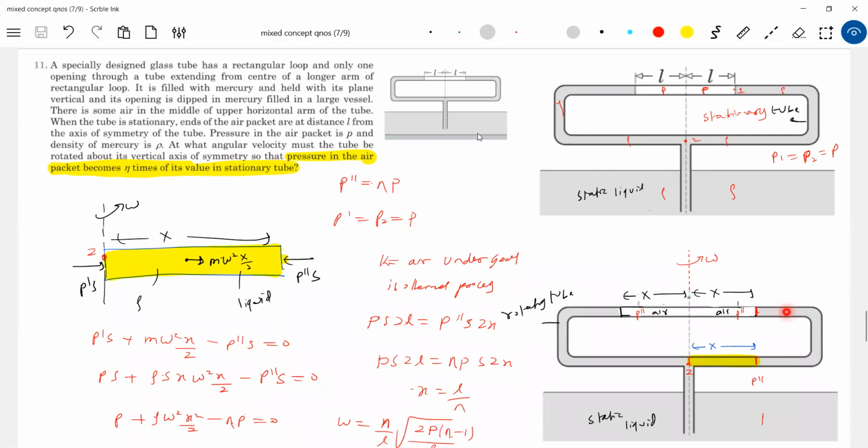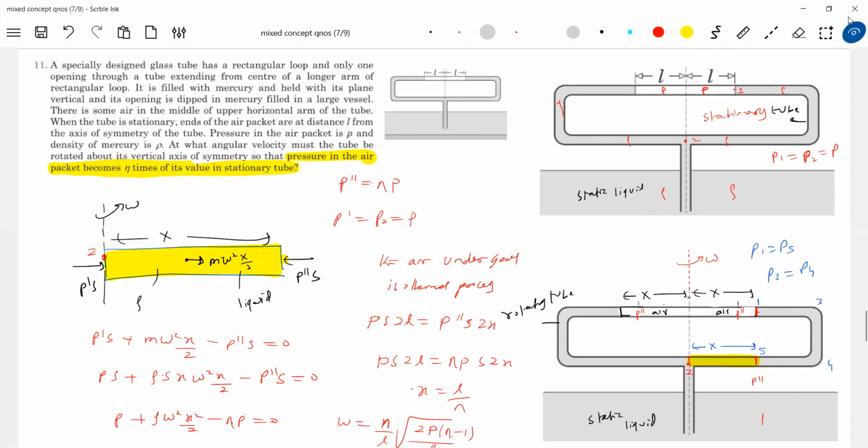Some like a pseudo force that will set up a pressure, the pseudo force per unit area. Okay, there's a point 1, there's a 2. No, so let me take 3, 4. This is 5. What you get as pressure difference between 1 and 3, the same pressure difference will be there between 5 and 4. I think there's one simplest way I'm telling.